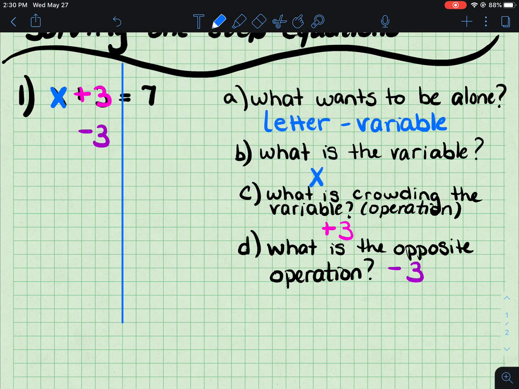But if you remember from pre-algebra, there are very specific rules in algebra. The reason I love algebra is the rules never change. If I'm doing Calc 3, the rules of algebra are not going to change. And the rule is, whatever you do to one side of the equation, you have to do to the other side. So I'm going to write exactly as I said it. Whatever you do to one side,